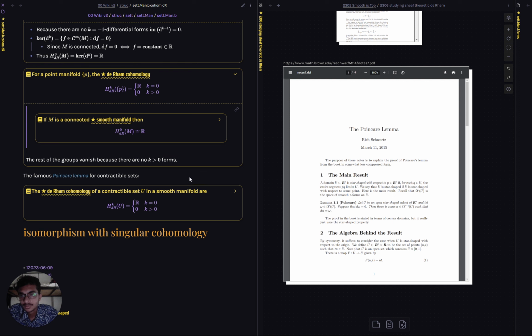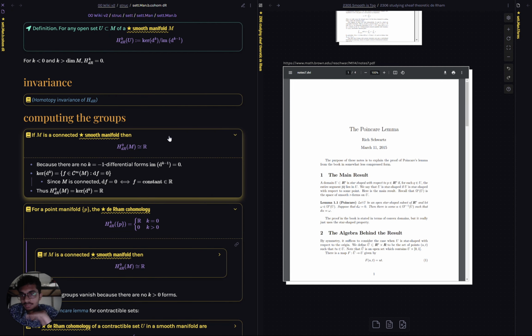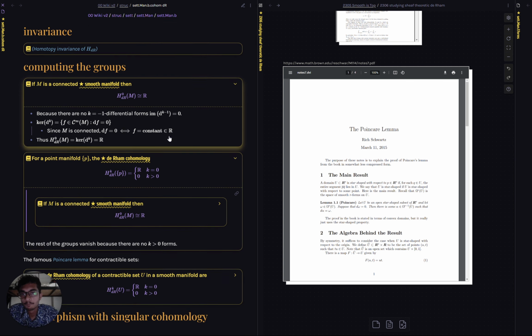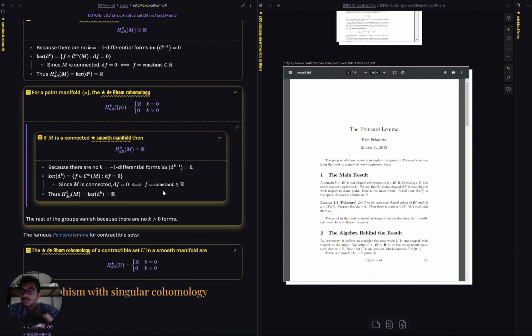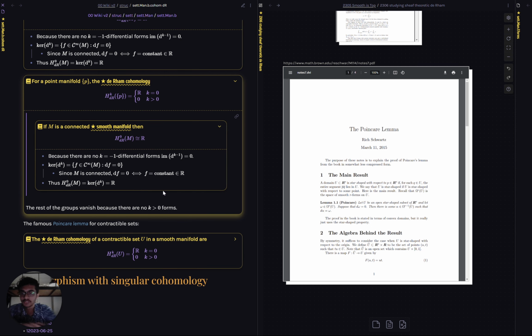For a point manifold, we see that the rest of the groups are 0. So any connected manifold will have the 0th group as R, and for a point manifold the rest of the groups will be 0, because there are no differential k-forms, since it's just a point manifold, and the definition of a manifold is extended to define a point manifold. But anyways,